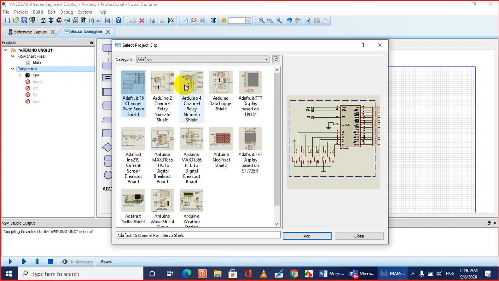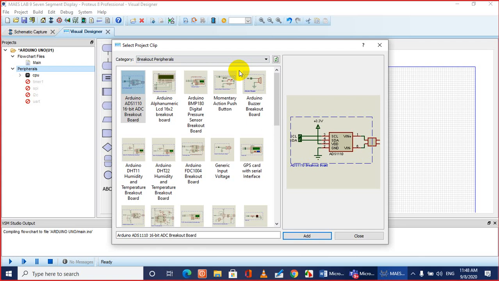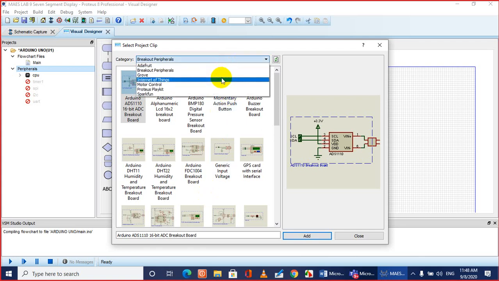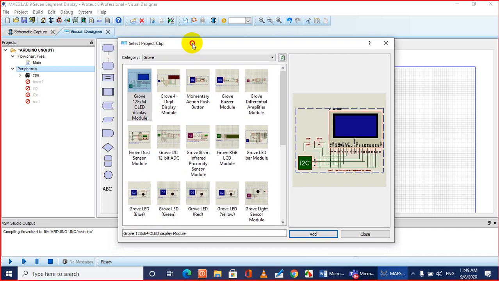There are lots of peripherals over here. Let's find out where the 7-segment display is. Breakout peripheral? No, it is not over here. Let's try group peripheral. Yes, I think in group peripheral we have found a 7-segment display. Okay, look over here, Group 4 digit display module.